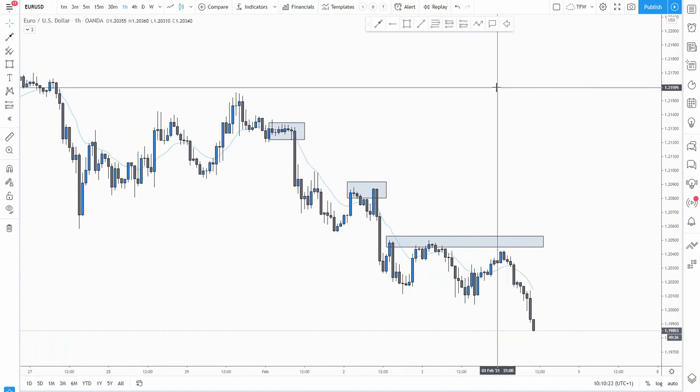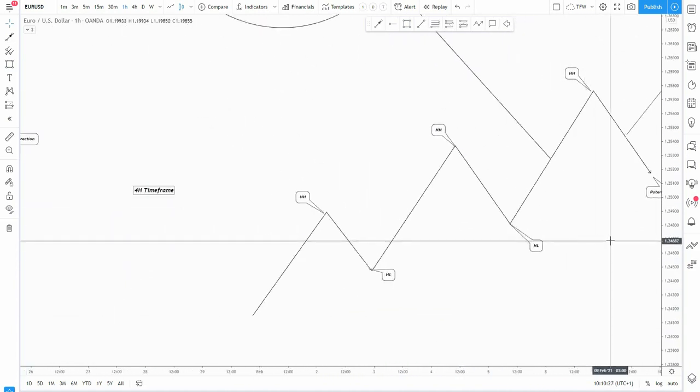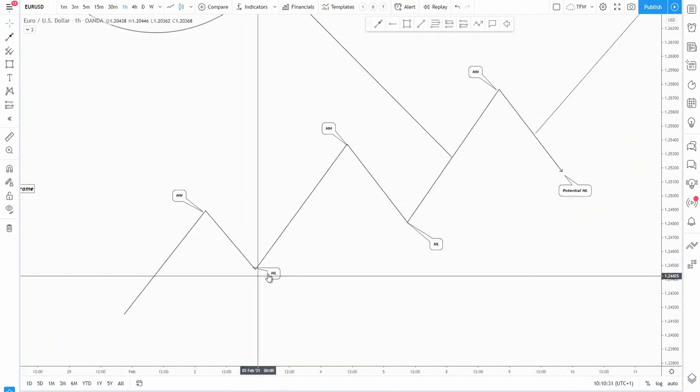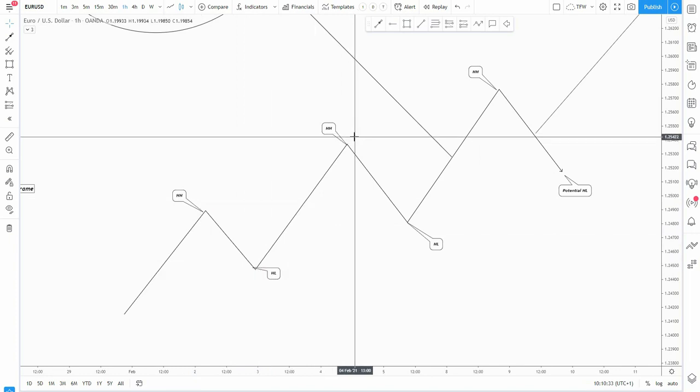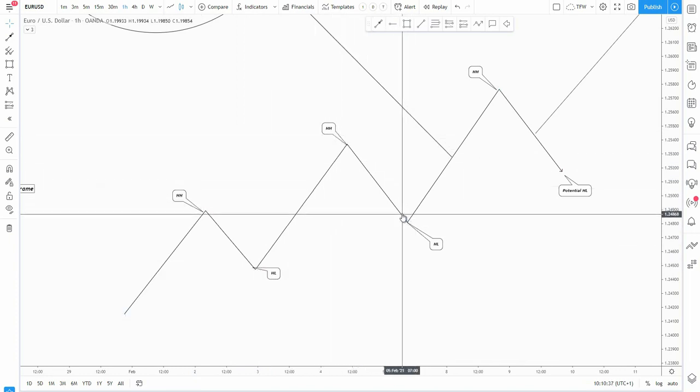I have videos on it, and I'm mentioning this on every weekly outlook and setups as well. So make sure that you are aware of how the market moves in terms of market structure, which is simple: higher highs, higher lows. A higher low is always followed by a higher high. If we're in an uptrend, then we have to always wait for the pullback, because again, we want to buy